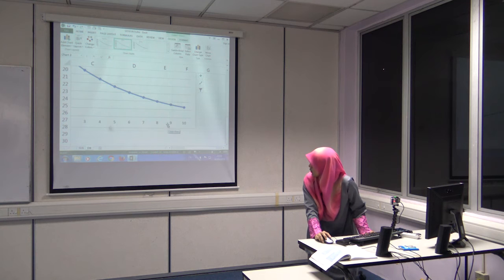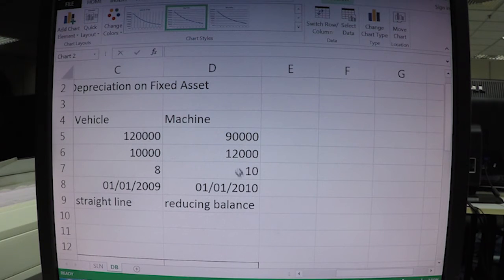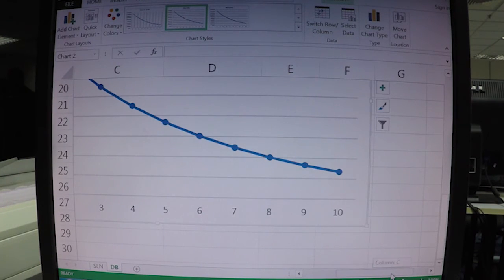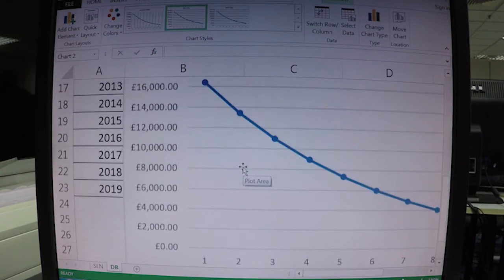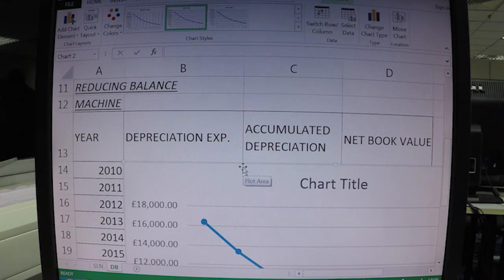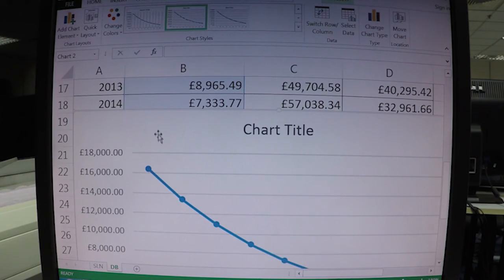Because for this particular asset, your machine, you have an estimated useful life of 10 years, beginning with 2010. So now in our graph here, we have not yet shown the years beginning with 2010. So we want to change the horizontal axis again, as we did with our straight line depreciation. So before we change the horizontal axis, let's bring the chart to the bottom of your